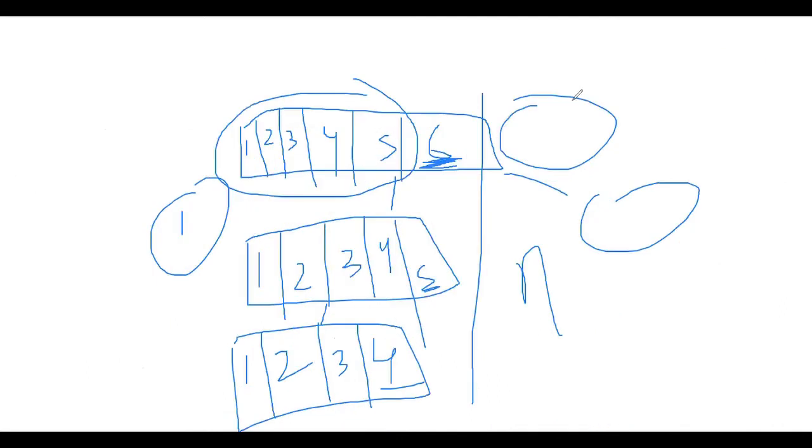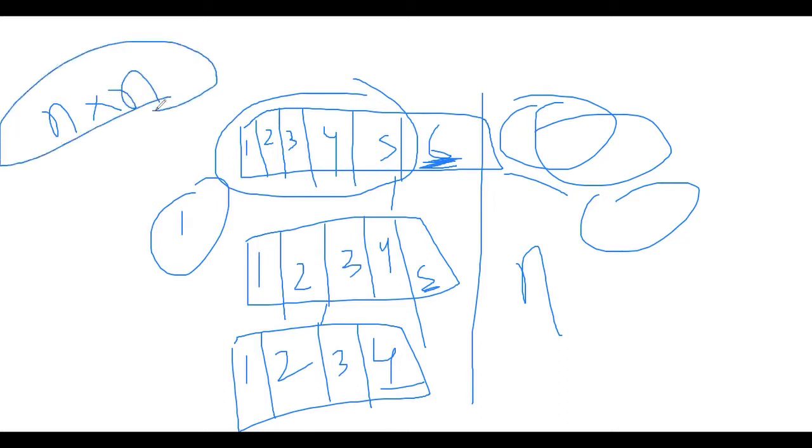Because there is nothing going on the right side, everything is on the left side. So we will end up creating n partitions, and n operations for one partition. That's how it becomes n square. And the same goes for a reverse sorted array. Let's talk about the reverse sorted array.